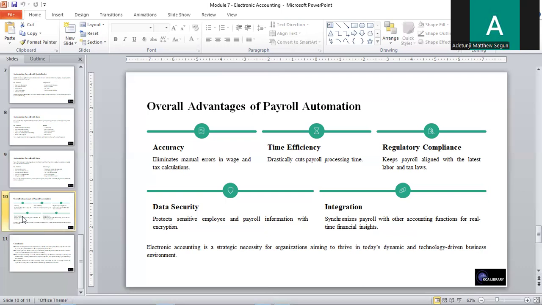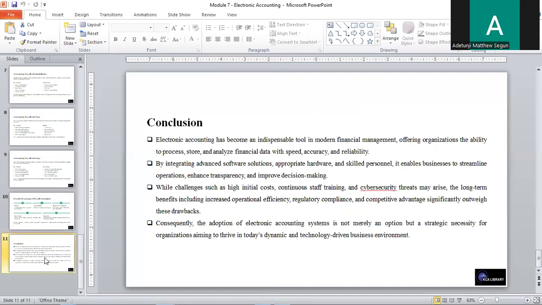You see that electronic accounting is a strategic necessity for organizations aiming to thrive in today's dynamic and technological business, as it pertains to payroll. In conclusion, electronic accounting has become an indispensable tool in modern financial management, offering organizations the ability to process, store, and analyze financial data with speed, accuracy, and reliability. By integrating advanced software solutions, appropriate hardware, and skilled personnel, it enables businesses to streamline operations, enhance transparency, and improve